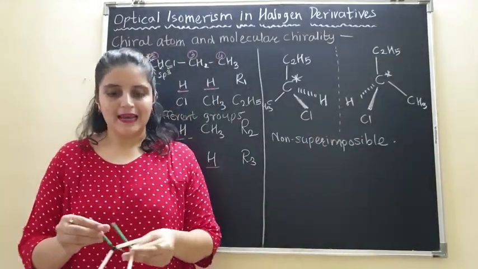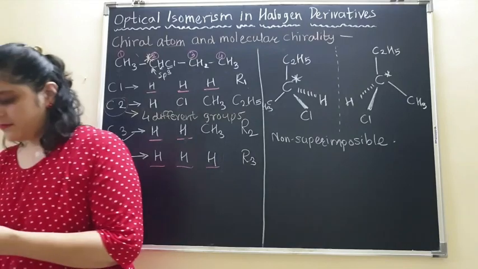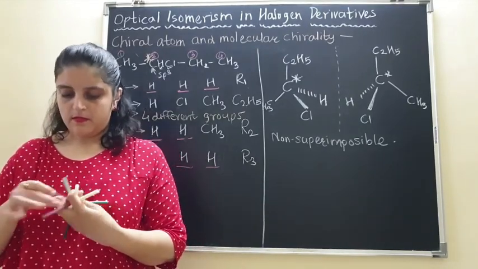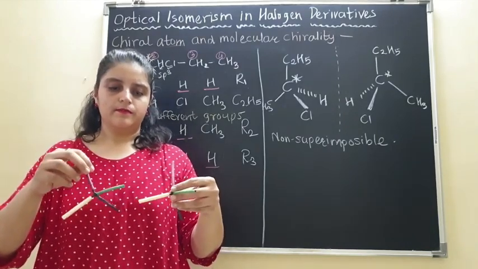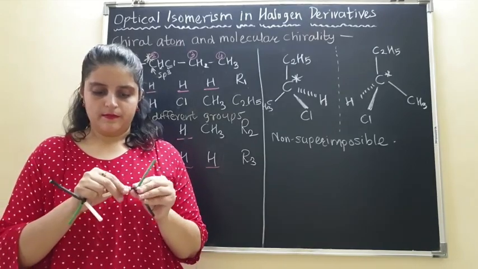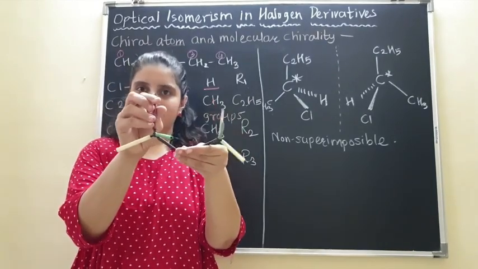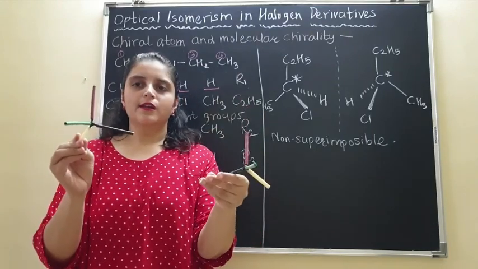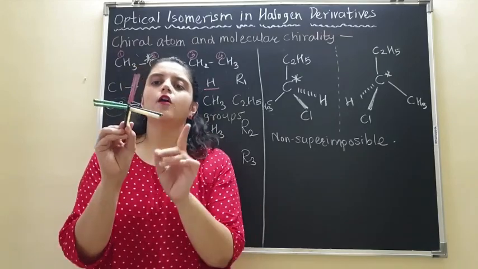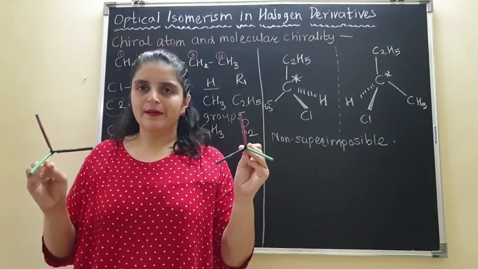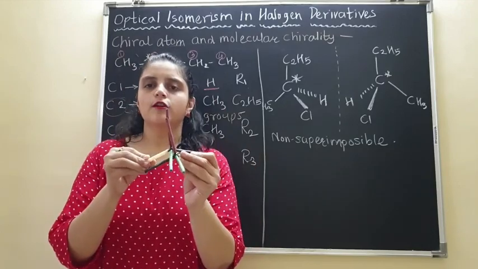But for the kind we saw earlier, is such a structure correct? No, wrong. In the structure which is the mirror image of the other, all 4 bonds are different. They are mirror images of each other, and whichever way you want to try matching, 2 colors will always remain unmatched. So these 2 images are different from each other, they are not the same, they are not identical since they do not coincide with each other.